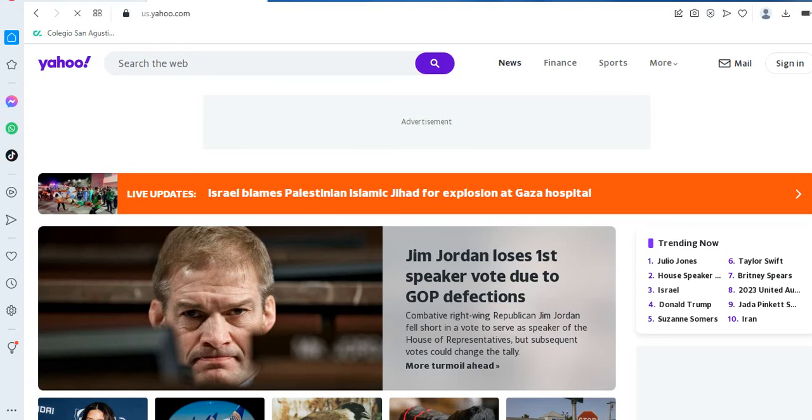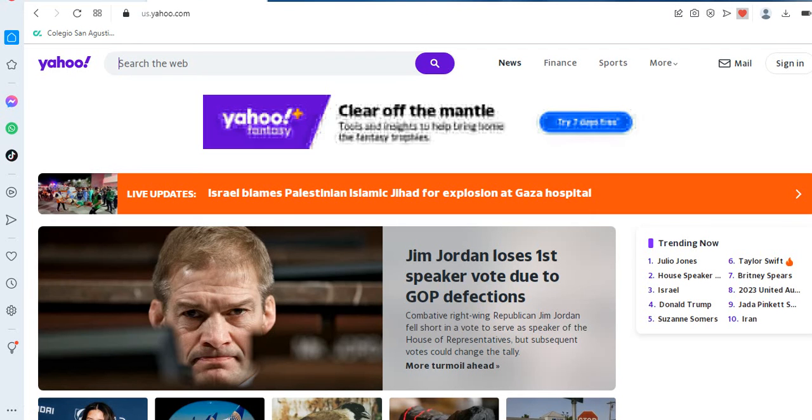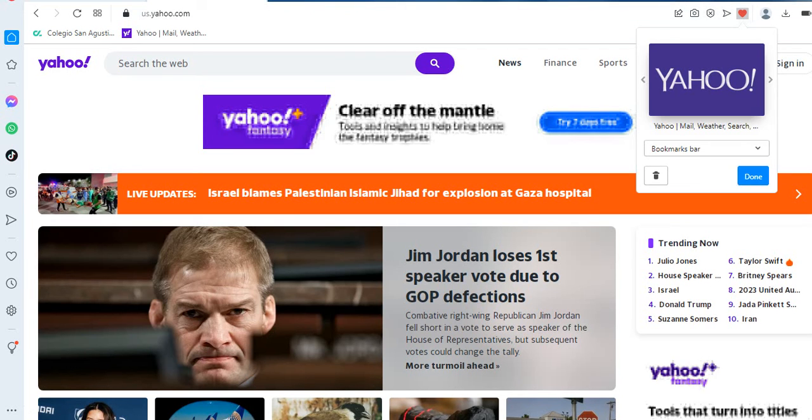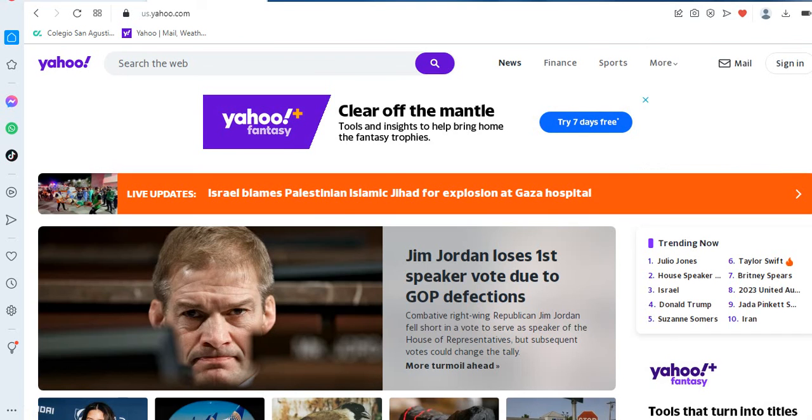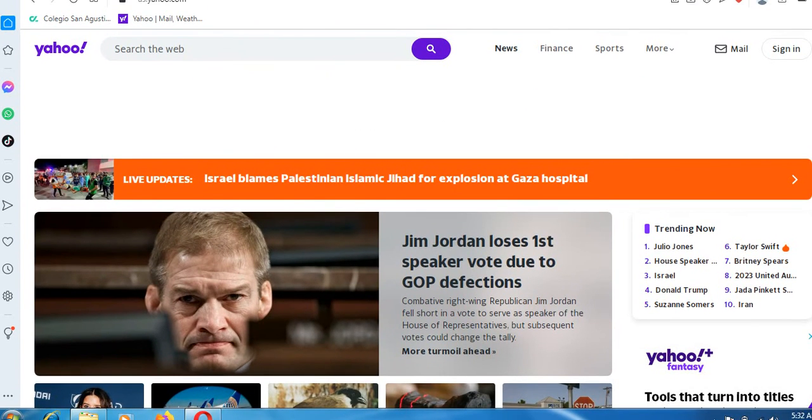Okay, so to make a bookmark in Opera browser, we simply click this heart icon. It will pop up a tooltip, add to bookmarks. When we click, automatically we have already a bookmark. Click done, and then when we open a new tab,